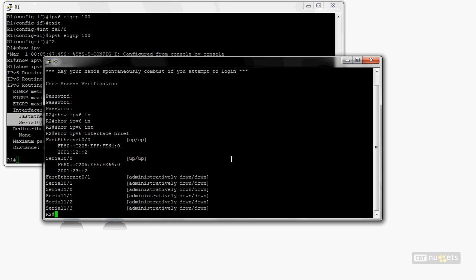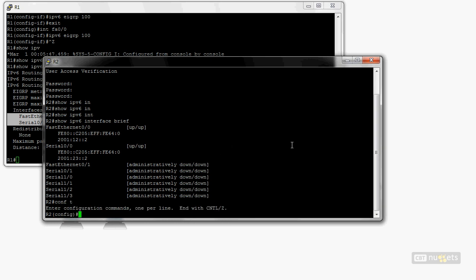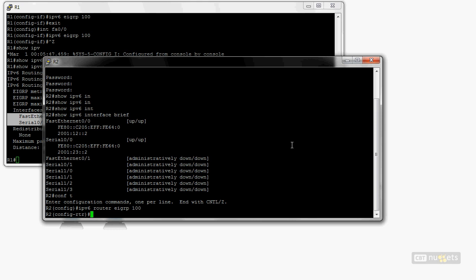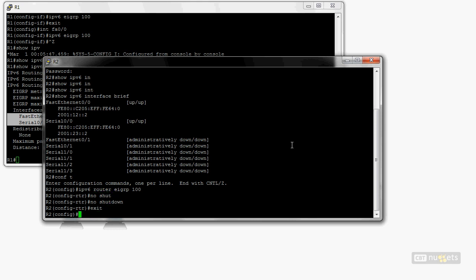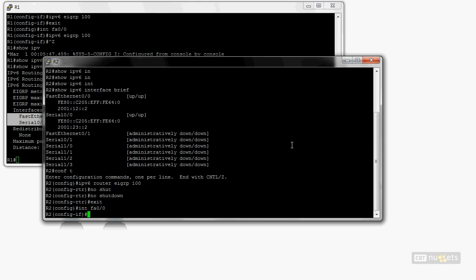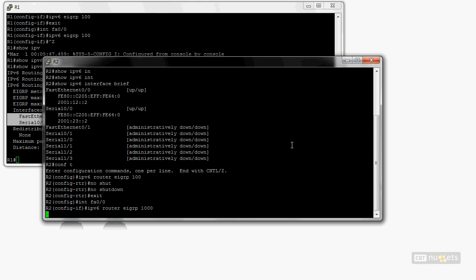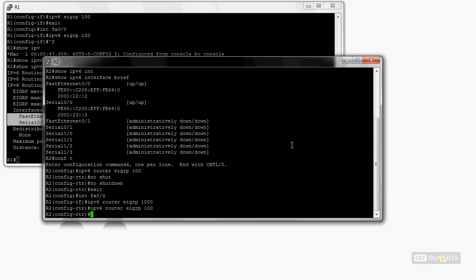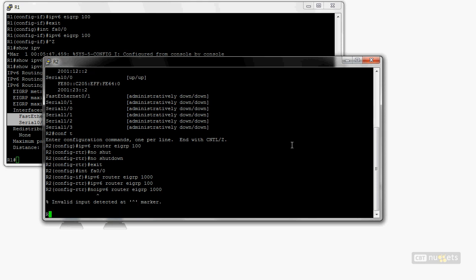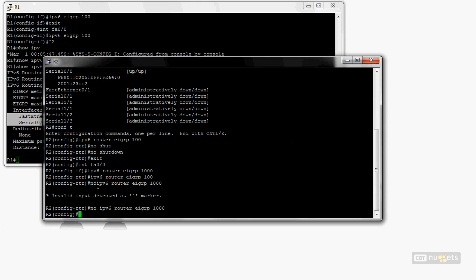because of GNS3. So config t, router EIGRP 100, scratch that, IPv6 router EIGRP 100, no shutdown, exit, interface FastEthernet 0/0, let's get some neighbors going, IPv6 router EIGRP 100, not 1000, I gotta back that out, no, there we go, and then we'll do, that's strange that it would just drop me back out to,